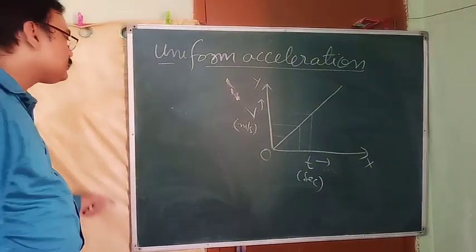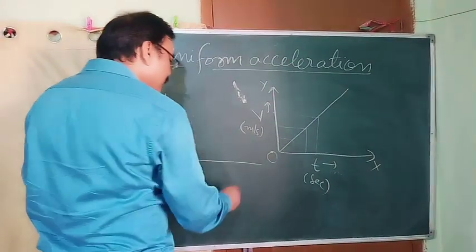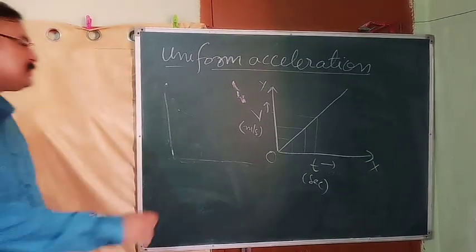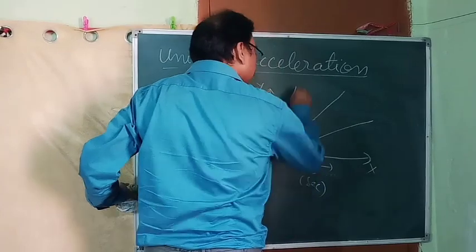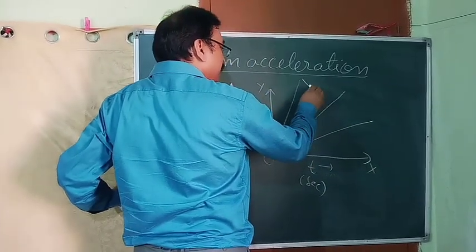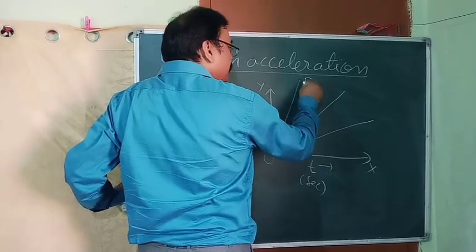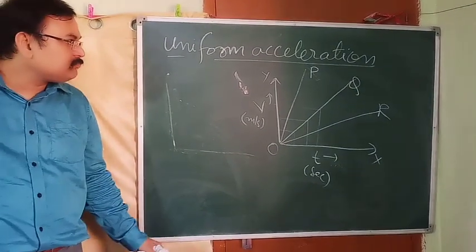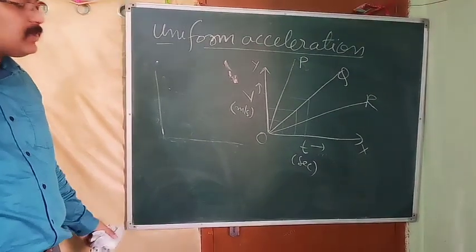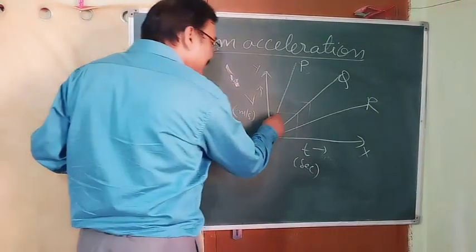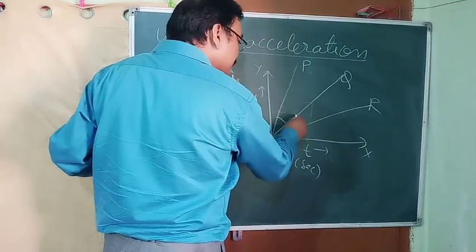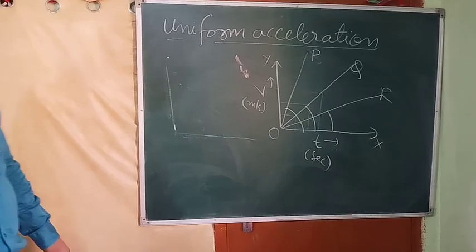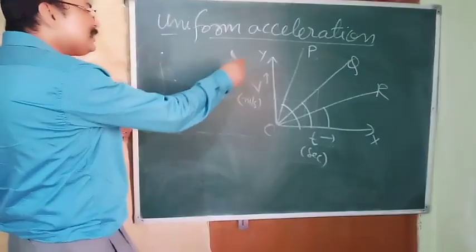Now on the basis of this, sometimes it may be asked, in the same part we can discuss the question also. Why draw another graph? See, suppose three bodies are there, P, Q, R. Now the question is asked which has the maximum acceleration and which has the least acceleration. So again you have to see the angle which these lines are making with the x-axis. Which one is making the maximum angle with the x-axis? Obviously P. So P has the maximum acceleration.